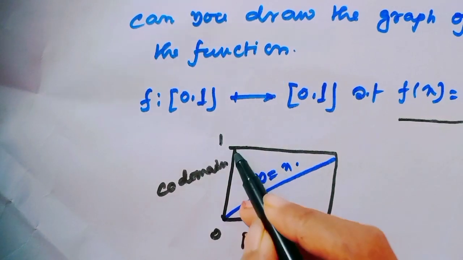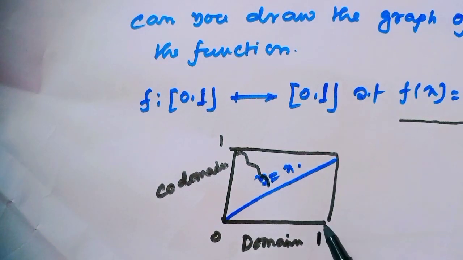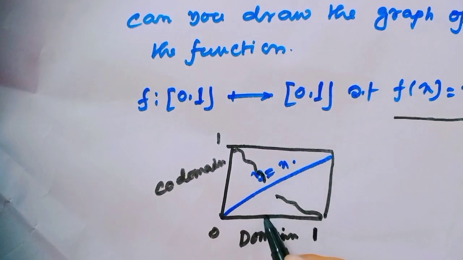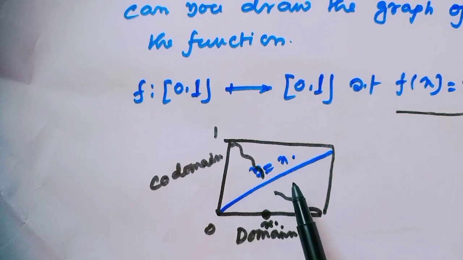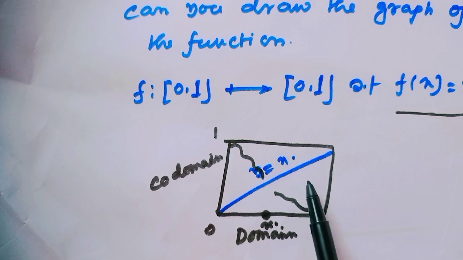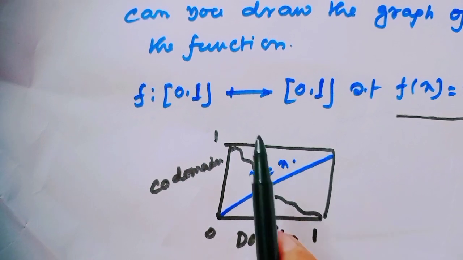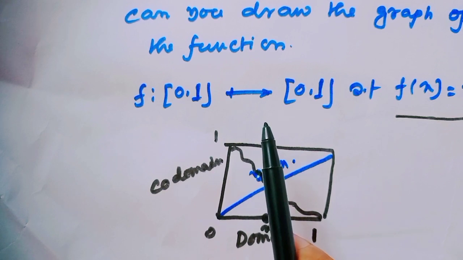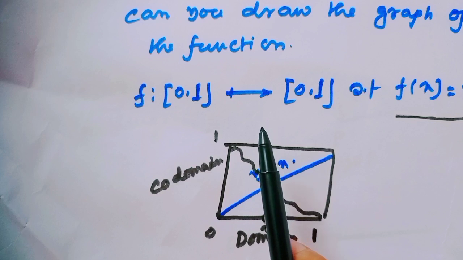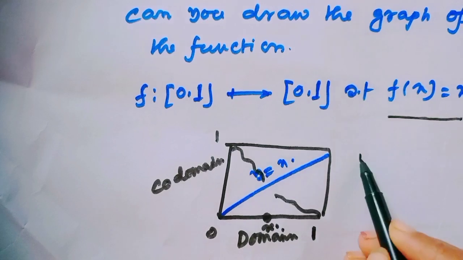And notice, at the point x equal to x naught, there exists no point of intersection with the line y equal to x. So if you drop continuity, there exist many functions whose graph does not cross the line y equal